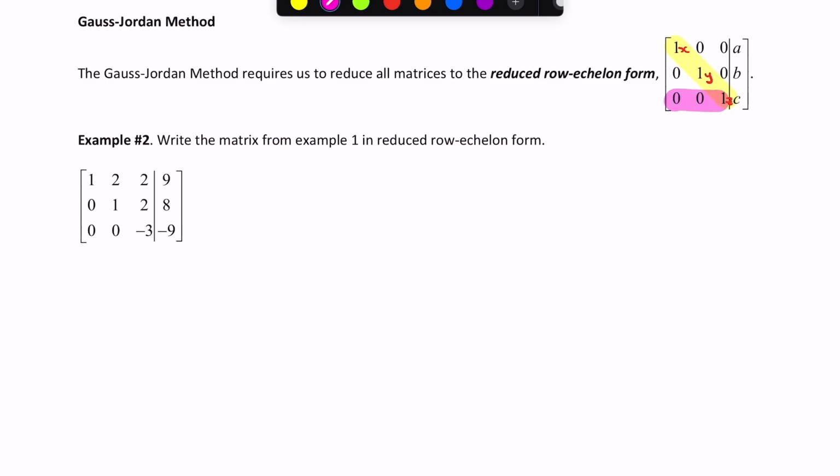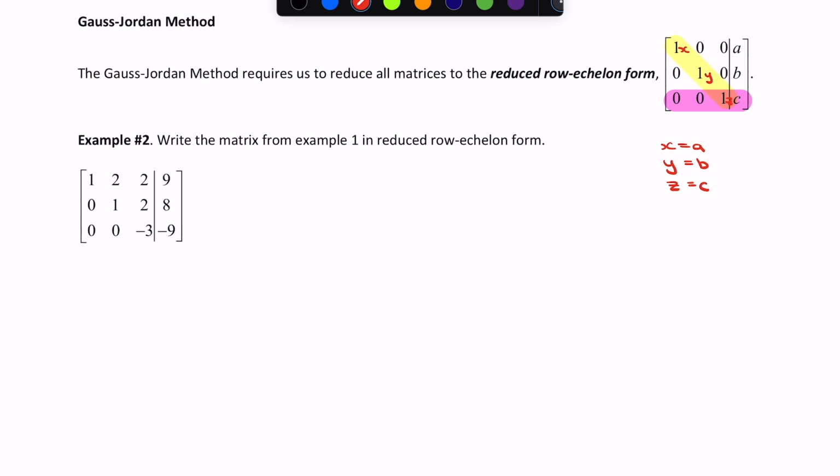At the last row, it's 0, 0, 1, and then the constant value. What that means is X is equal to A, Y is equal to B, and Z is equal to C. And so here it says, write the matrix from example 1 in reduced row echelon